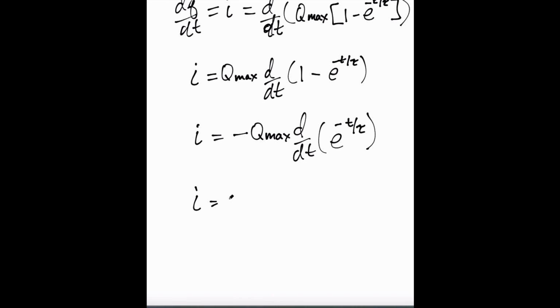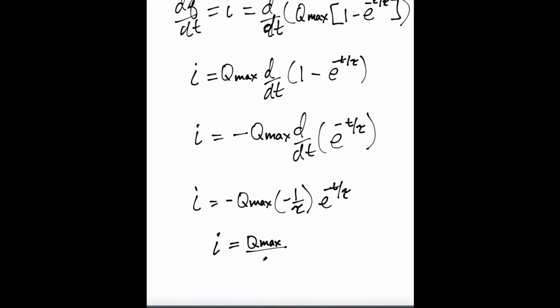So I equals negative Q max, that hasn't gone anywhere, times negative 1 over tau. Remember, this is R times C. It's called our time constant. And the derivative of the function, derivative of e to the x is e to the x. So derivative of e to the negative t over tau doesn't really go anywhere. So we could simplify this slightly. I equals, now the two negative signs cancel each other out. So now I've got Q max